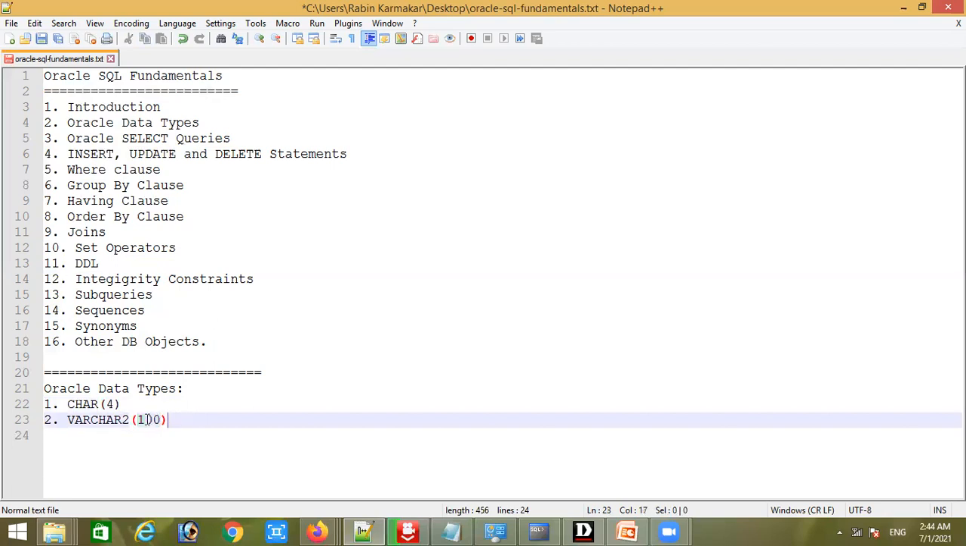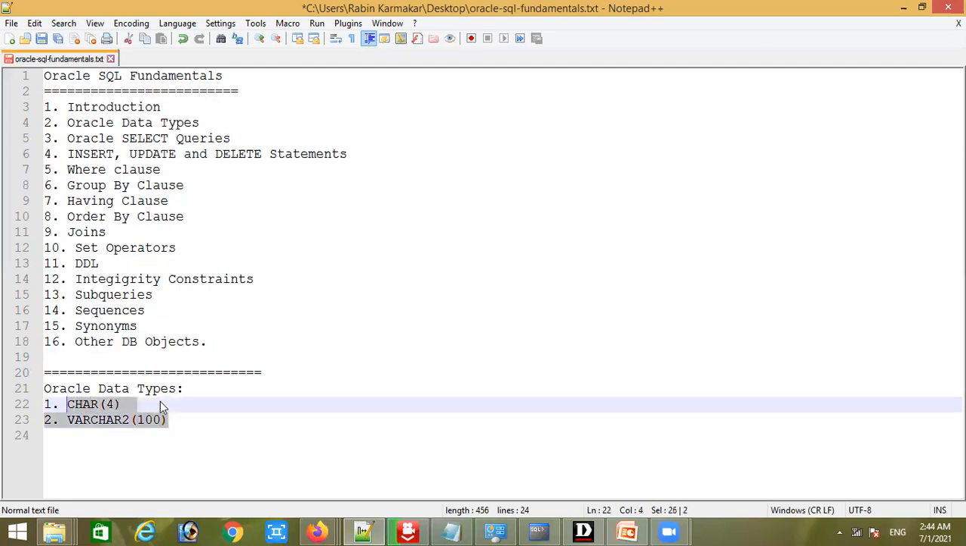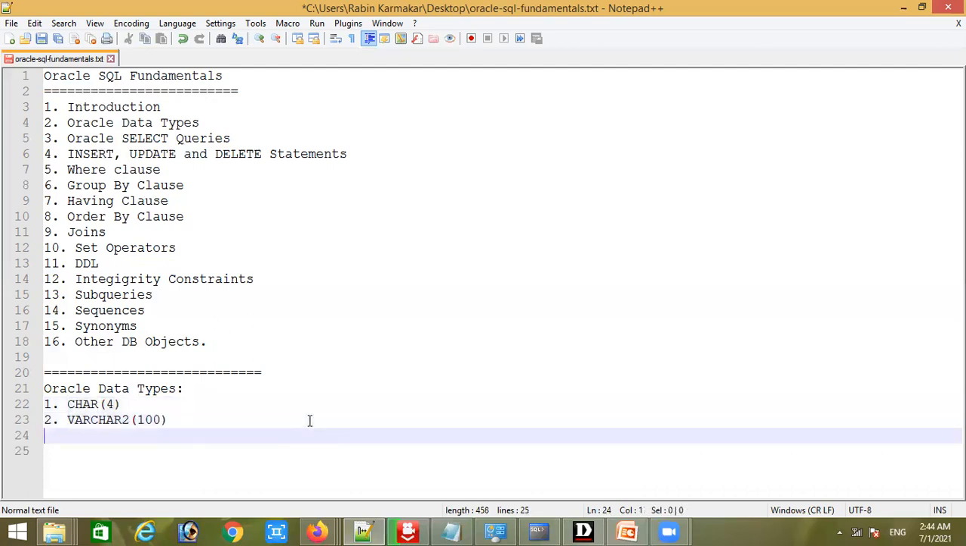If any rest of the spaces are there, that will not be occupied. Okay, so that is the complete explanation for character and varchar2 definition. And the differences I also mentioned, right? Understood? Okay, fine. And the third type of data type is